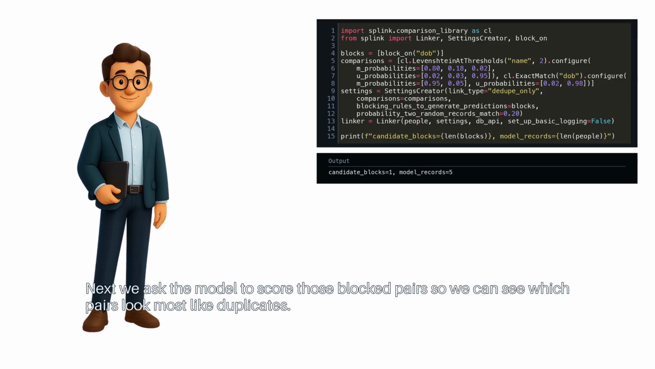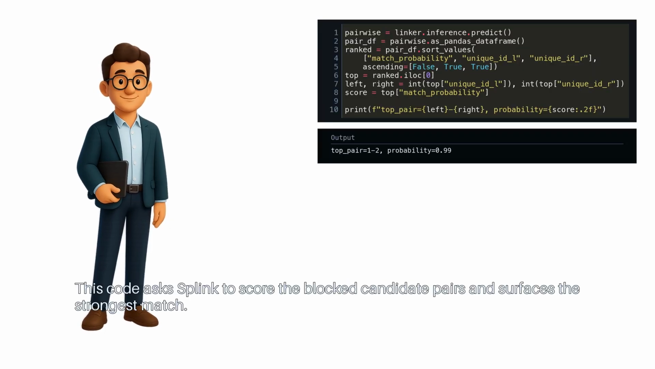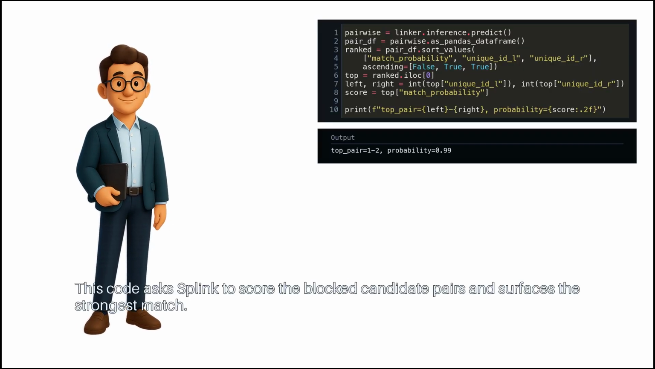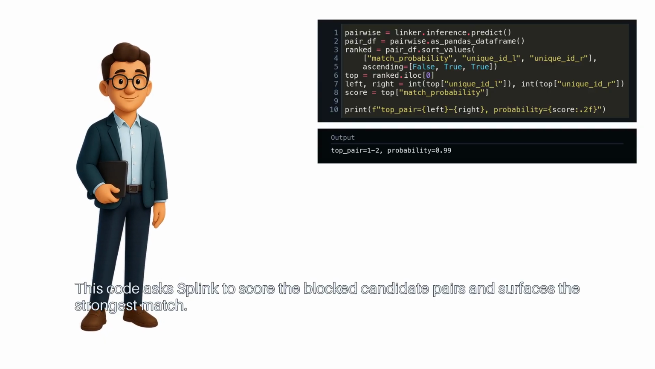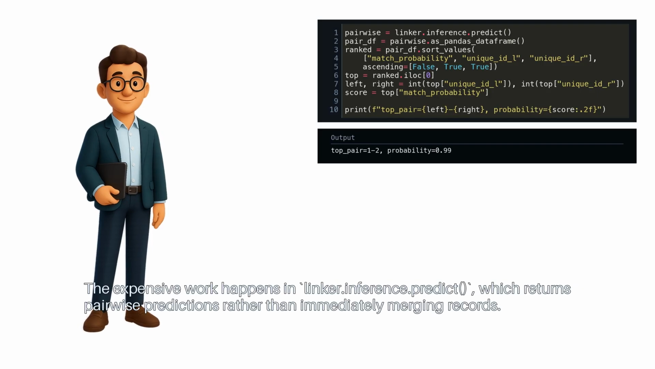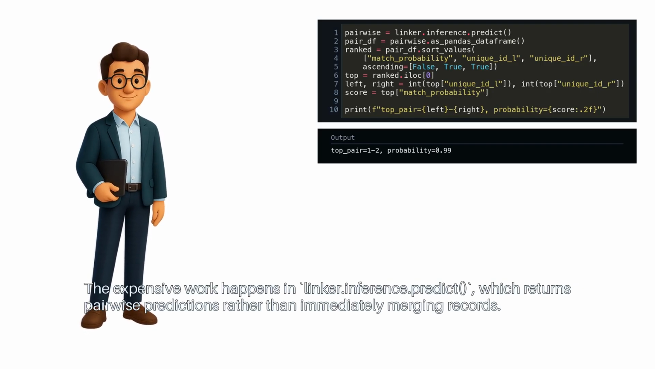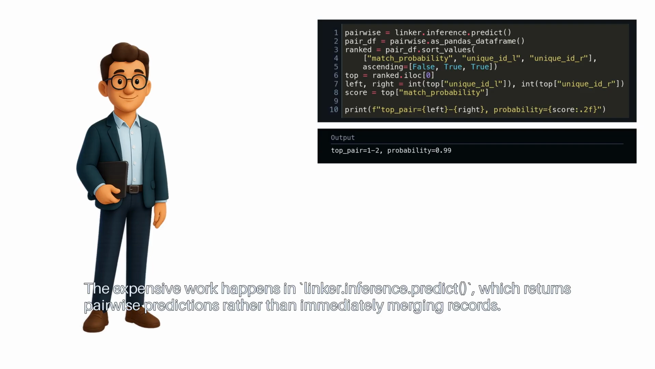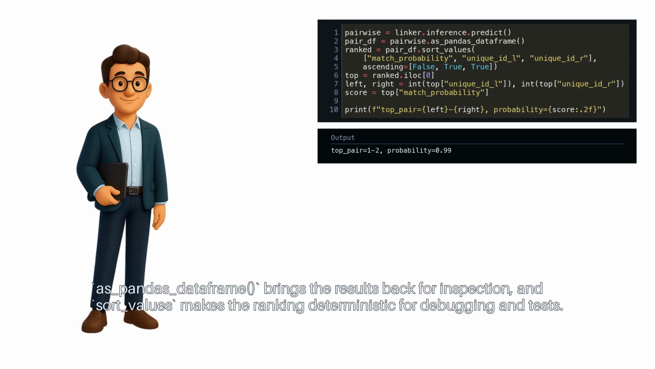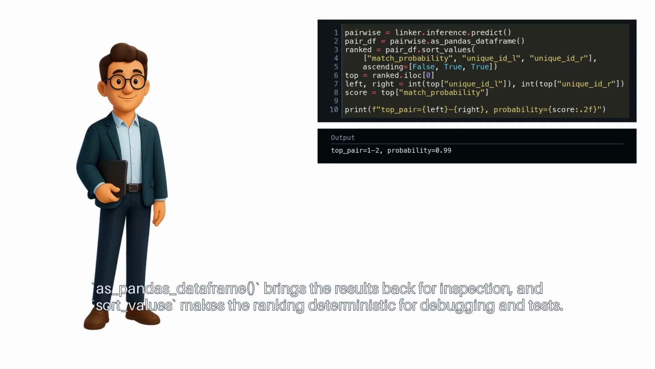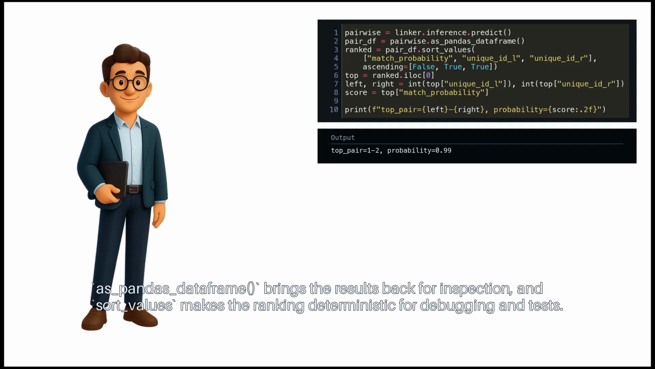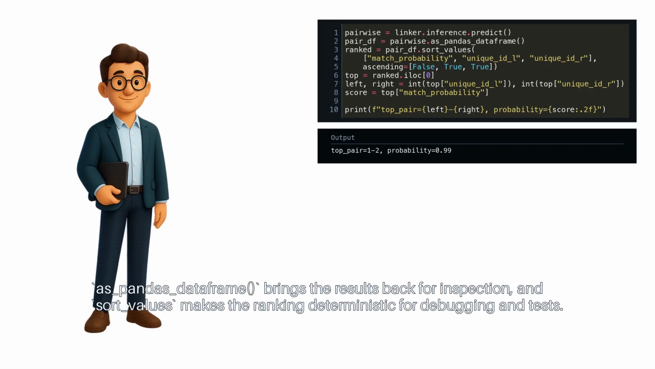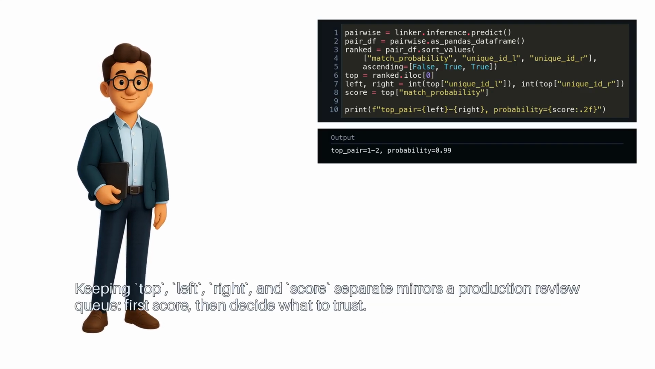Next, we ask the model to score those blocked pairs, so we can see which pairs look most like duplicates. This code asks Splink to score the blocked candidate pairs and surfaces the strongest match. The expensive work happens in linker.inference.predict, which returns pairwise predictions rather than immediately merging records. As_pandas_dataframe brings the results back for inspection, and sort_values makes the ranking deterministic for debugging and tests. Keeping top,